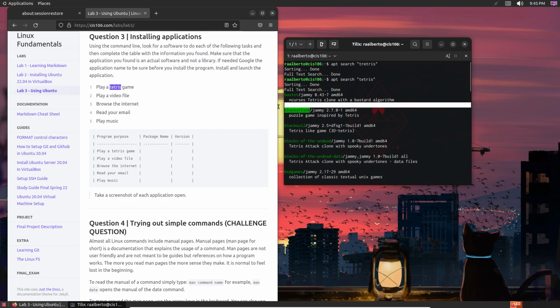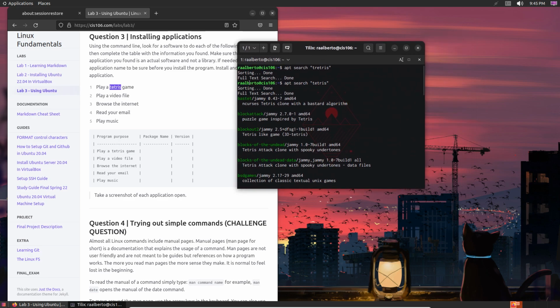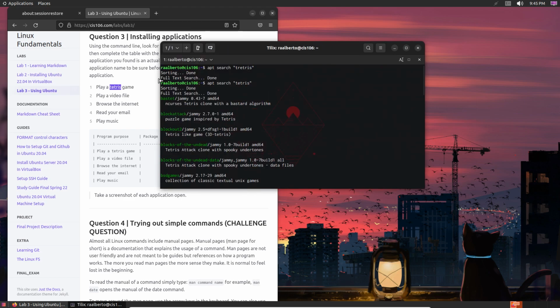I'm gonna choose this one, Block Attack. I'm gonna be honest because I played it before. So let's take a look at Block Attack. I'm gonna open a terminal on the side by pressing, let me just make this a little bigger, this button over here, which is gonna split my terminal in half. And I'm gonna do sudo apt install block